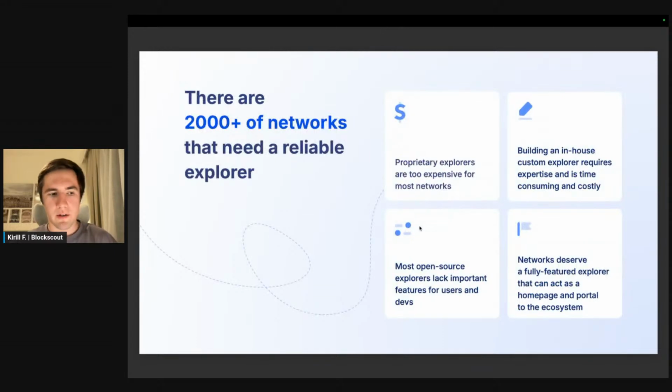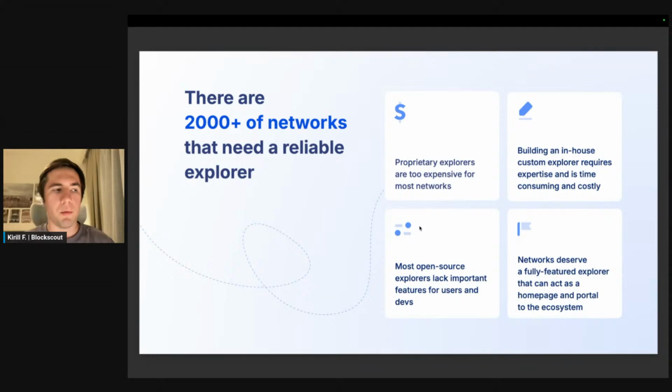About Blockscout and the space we're in: over the past couple of years, we have seen explosive growth in the number of networks, the number of different chains that are supporting EVM either completely or partially supporting some specific features of EVM, or have some EVM facet as part of the blockchain, while still having some other non-EVM parts. Overall, we now have more than 2,000 networks, according to Chainlist and similar sites. All these networks are EVM compatible at some point, and all of them need an explorer, because